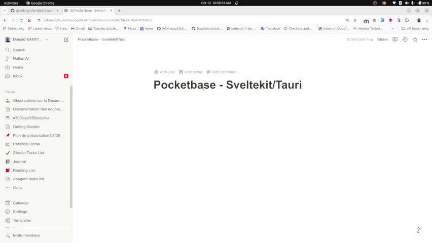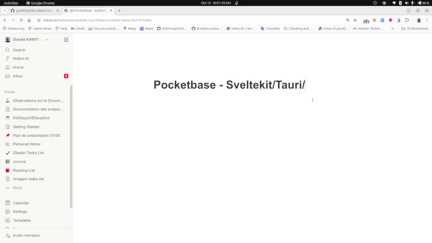So I will be using PocketBase for the backend. PocketBase is written in Go, and it uses SQLite as the data store. I don't want to write any backend logic. Maybe I will need to, if I need something more custom or whatever. But I will be starting with PocketBase, using SvelteKit slash Tauri for the front end, and for the UI